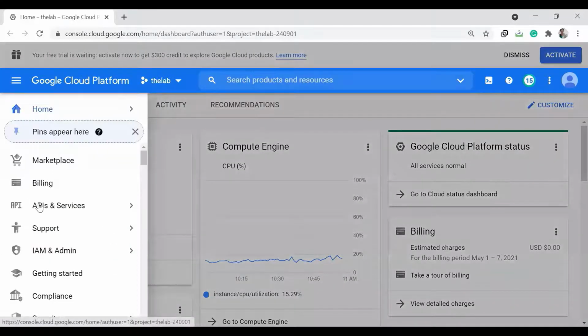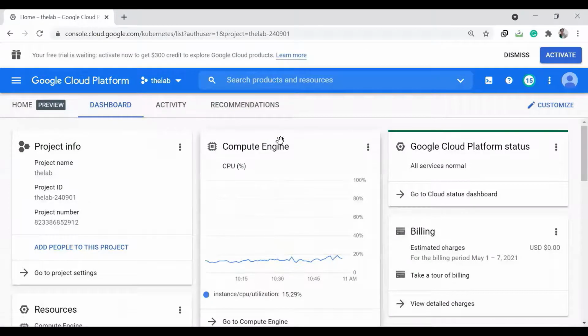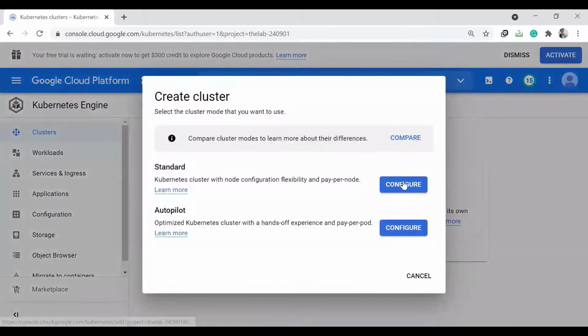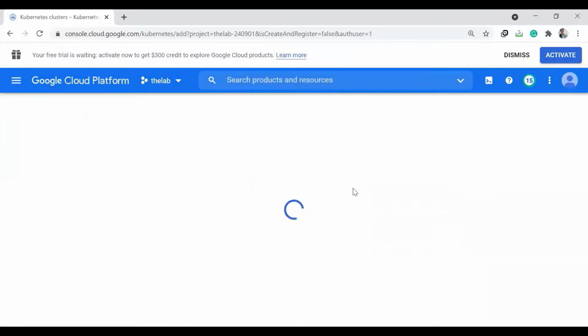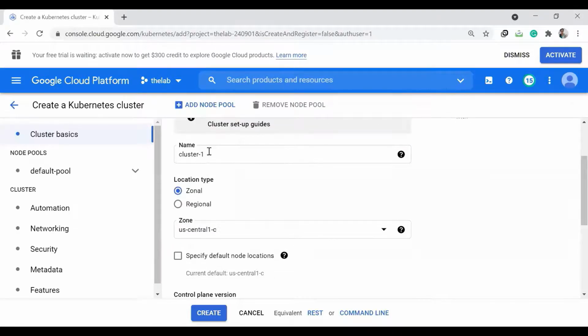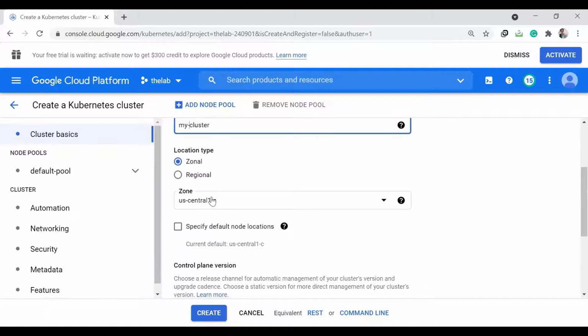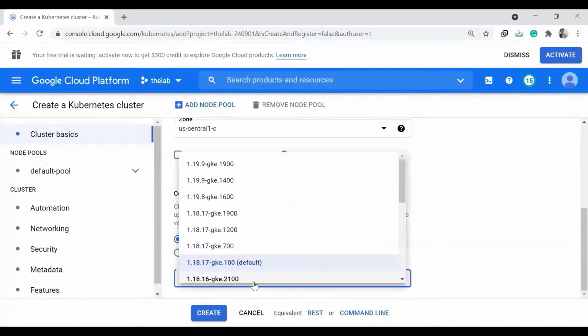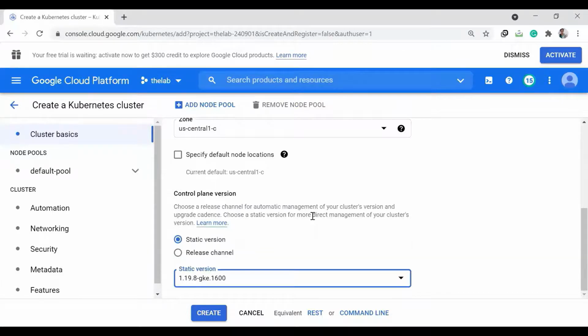Kubernetes Engine. Create the cluster. Let us name it as static version and 1600.